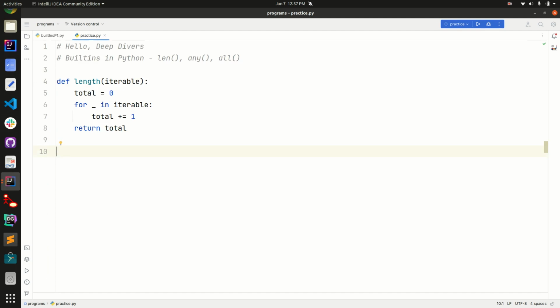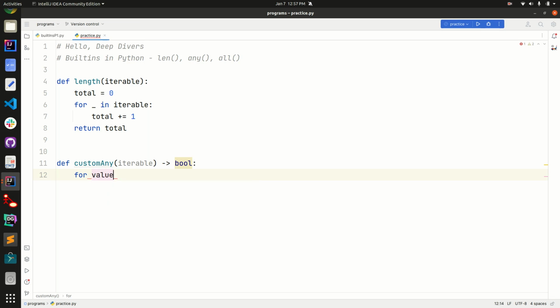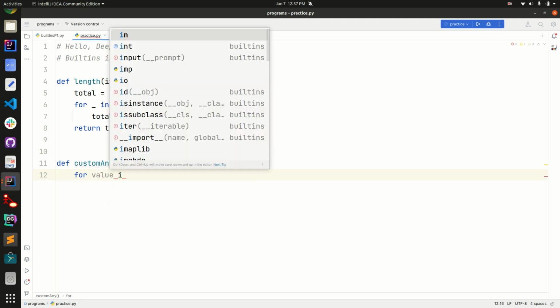Then implement our any of, def custom any. It takes an iterable as an argument and returns a boolean value. This is annotating. So the custom any of function iterates through the values in the iterable.